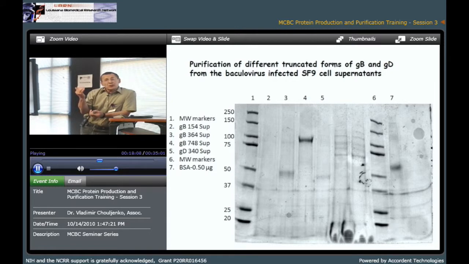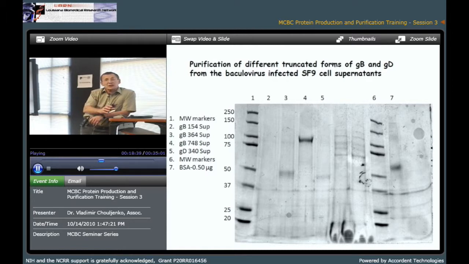I would like to point out that theoretically you can have two ways of producing protein in baculovirus infected cells. You can engineer your construct in such a way that protein will be secreted outside of the cells. In this case, you typically put the honeybee melittin signal sequence in order to drive this protein outside of the cells. Or you can just use your sequence without any change, and in these cases, most likely